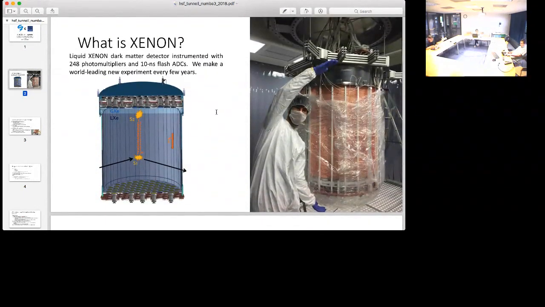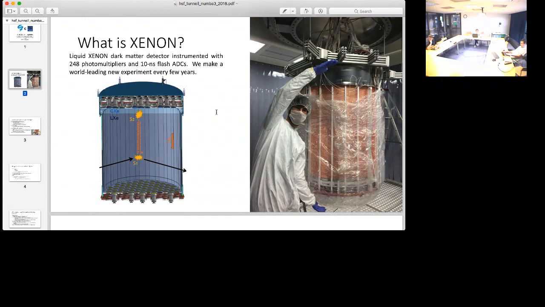Since I think most people here are collider physicists, the quick lowdown is that it's a liquid xenon dark matter detector in the Gran Sasso National Laboratory in Italy. It's instrumented with about 248 PMTs with 10 nanosecond flash ADCs, so we need this very quick timing. It's a TPC, so between these flash ADCs and all of these PMTs, we can produce quite a bit of data.